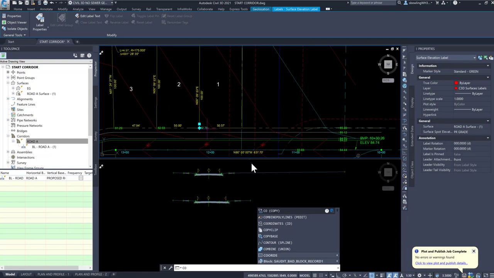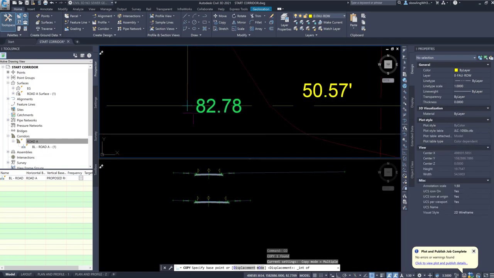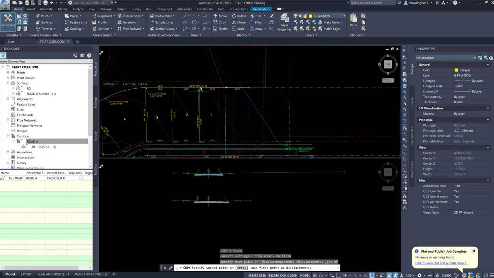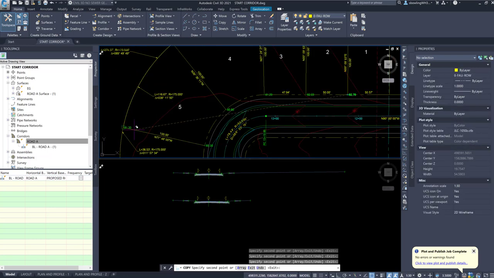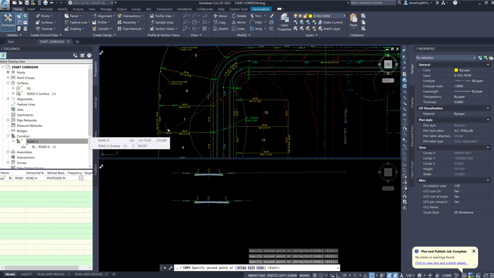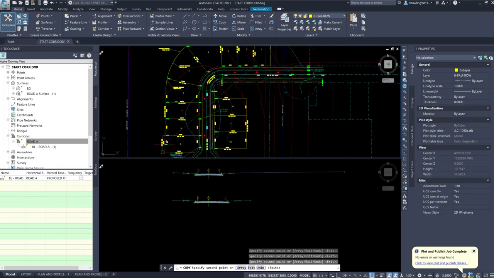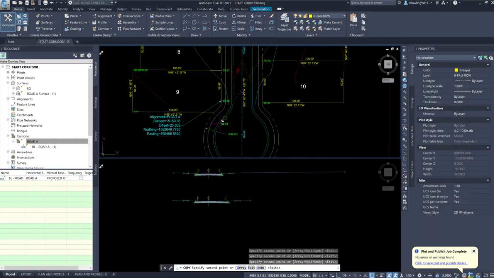The labels from intersection from here, and I can tag them at the endpoints of each of these lines. Okay, these won't because I don't have grades on those. All right, now